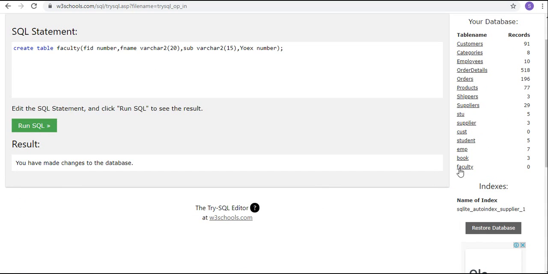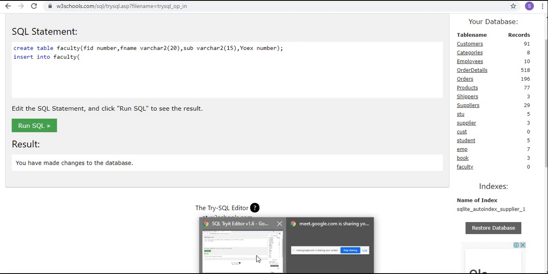Table is created. Now you tell me how to insert the values. Insert into table faculty, values.